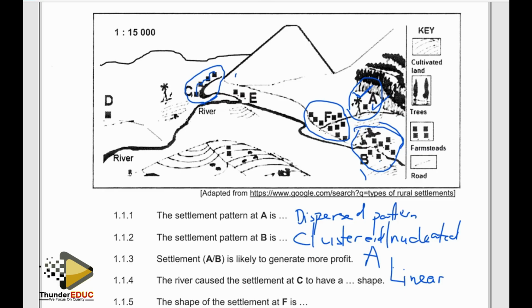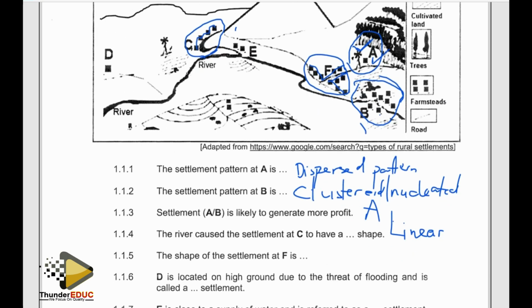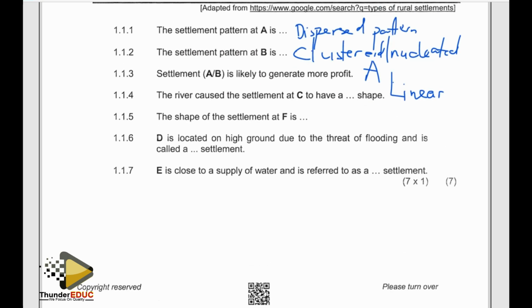What kind of shape is formed here? You see we have units coming from this side, they get to the junction, they branch. And also we have units coming from this side, they branch like this, giving us a T shape. So in this instance, that kind of settlement shape is a T junction type of settlement,